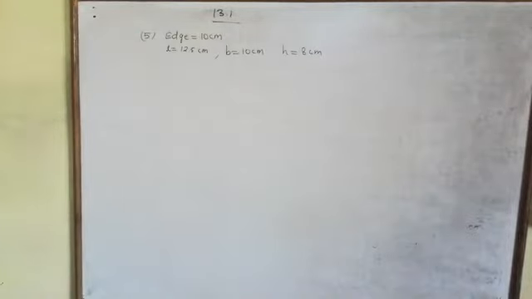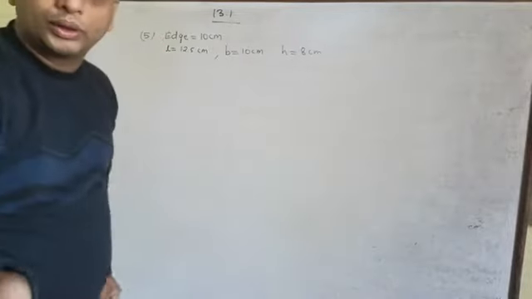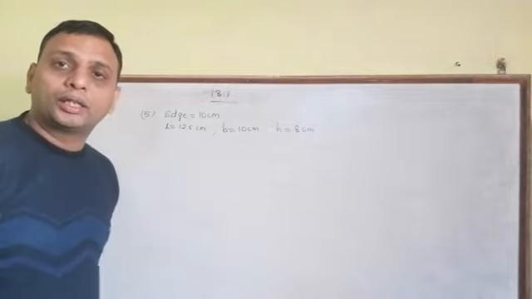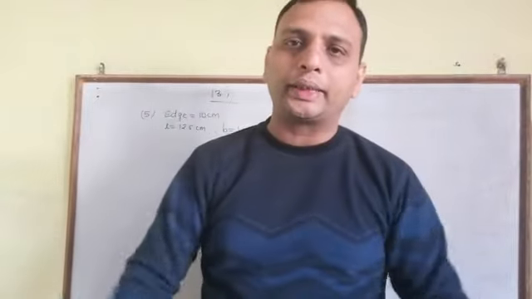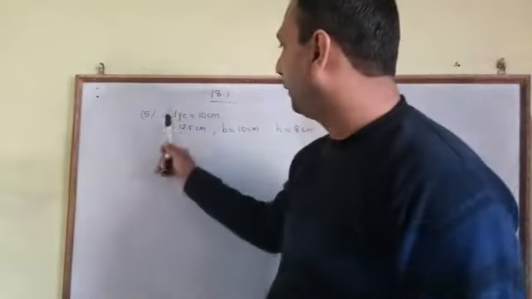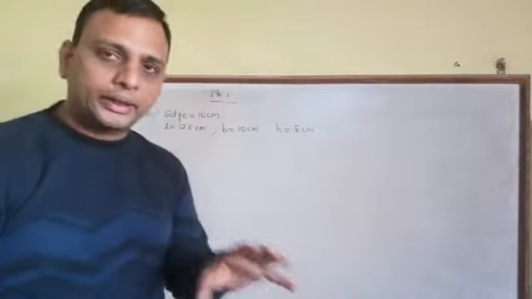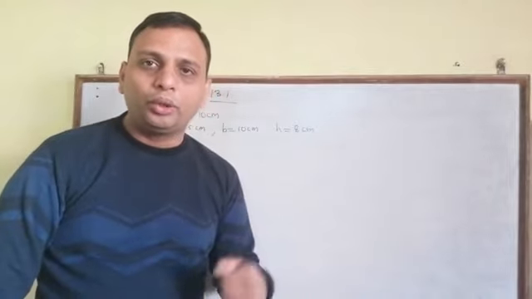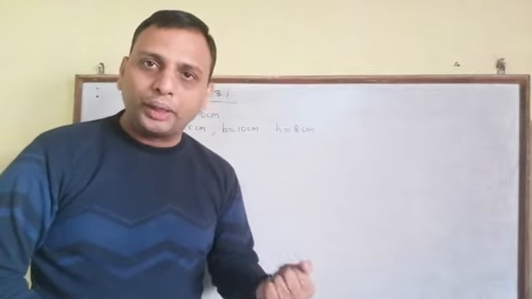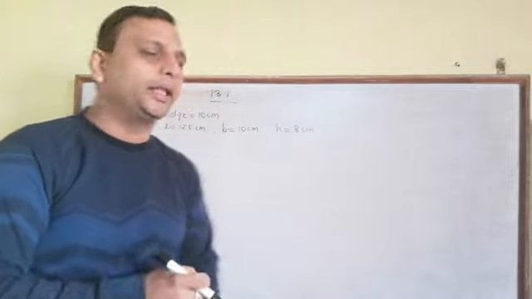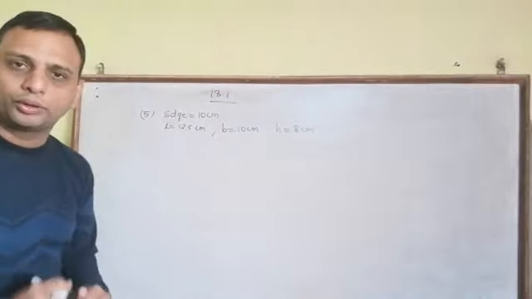Now what we have to do in this question is ask which box. If the edge is given, one side is given, you have to always remember, it means it will be 100% a cube, because the cube's all sides are equal. So if one side is given, that means all sides are equal. If length, width, height are given, it will be 100% cuboid. The question asks which figure has the more lateral surface area and how much. Whether the cube has the most lateral surface area with this side, or the cuboid has the more lateral surface area. So we know the lateral surface area formula for both.